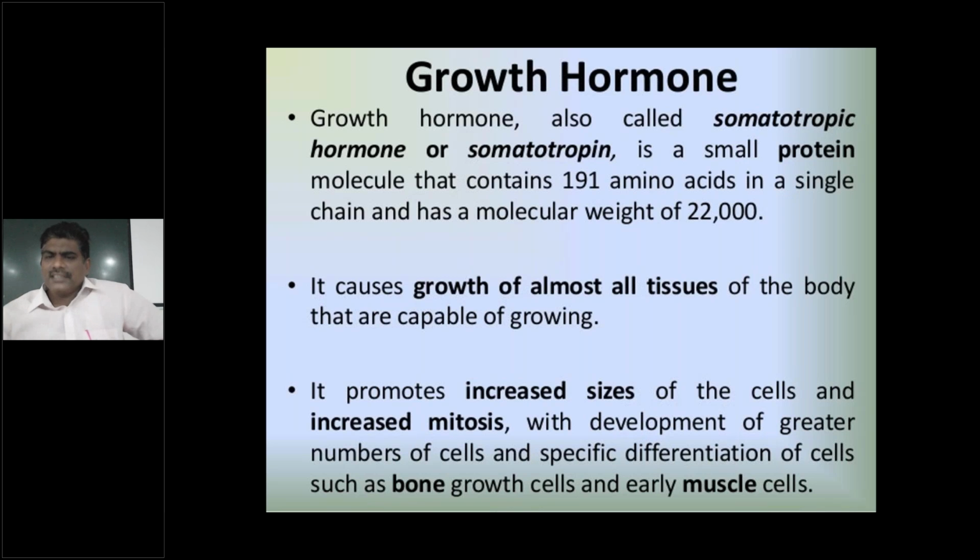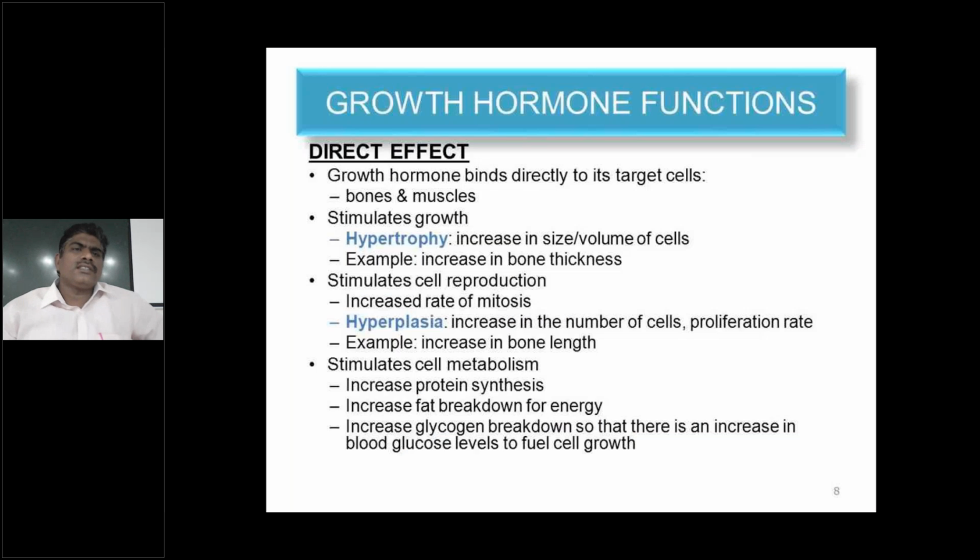It promotes an increase in the size of the cells. I'm repeating once again, this growth hormone increases the size of the cell and increases mitosis, with the development of a greater number of cells and specific differentiation of cells such as bone growth cells and early muscle. And this is a direct effect. This growth hormone binds directly to the target cells. Where are the target cells located? Target cells are located in bones and muscle,